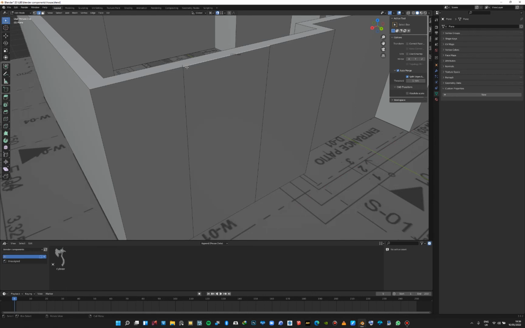So for example here I'm going to select this edge as well, Shift D, and I'm locking it to the Z axis. Again Shift D, and I'm locking it to the Z axis. And now once I go to face mode, you can see that now I have my window right there